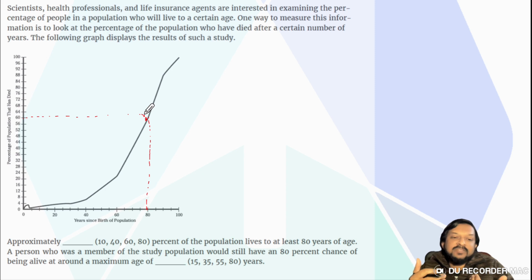That means 40% of the people will be living. Now take into account obviously that the scale that you are drawing may not be exact. So it may not be 60, it may be 58 or 55 or 65 or something like that. And therefore the answer will be anywhere between 45 to 55. Okay, it cannot be less than 45, it cannot be more than 55. And therefore when you choose, very clearly you will be able to choose the answer as 40, because that is